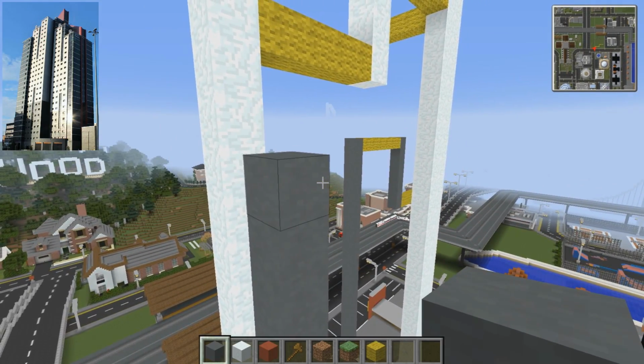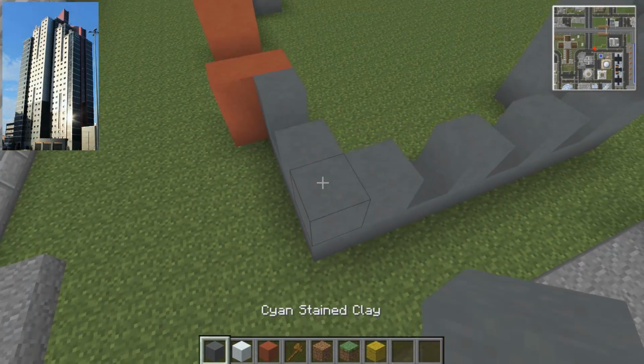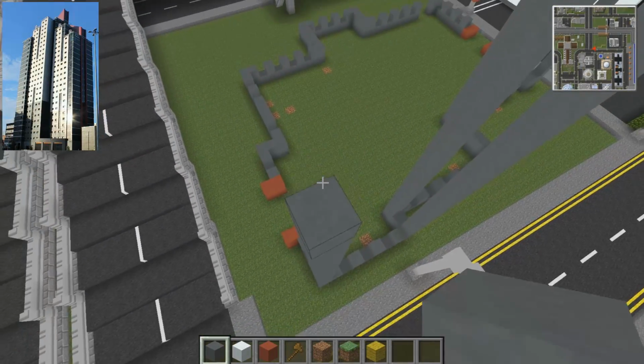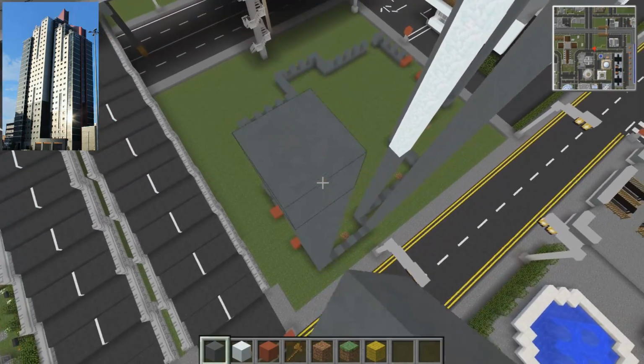That looks about the same height to me. And then we'll go back down this side. So this is a different sort of style skyscraper to ones that we've built in the past,